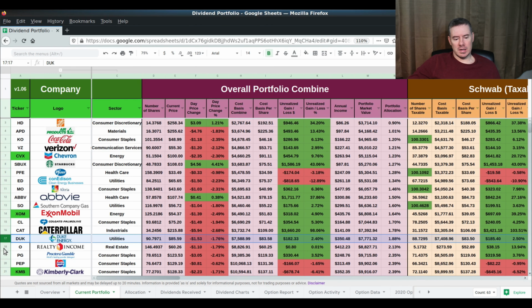The next position in my dividend portfolio is Realty Income. That is the only REIT I own, and it's one of the best REITs in my opinion. It's debatable. Some people might say FRT, or maybe even people put Simon Property Group in that category, STAG or something like that. I really don't know. But this is a dividend aristocrat. There's not many. I think FRT, Federal Realty Trust, is a king if I'm not mistaken, but I don't really like what they're invested in. So Realty Income is really one of the only ones that I like what they're invested in, and I believe